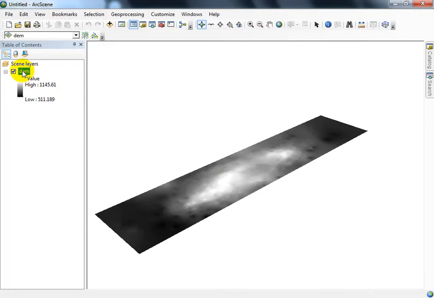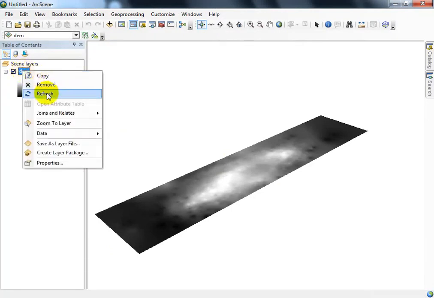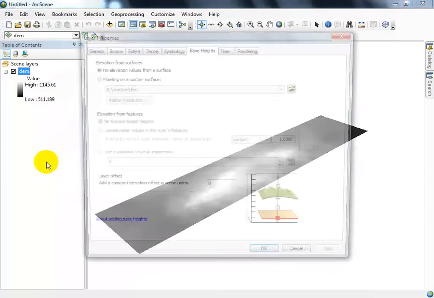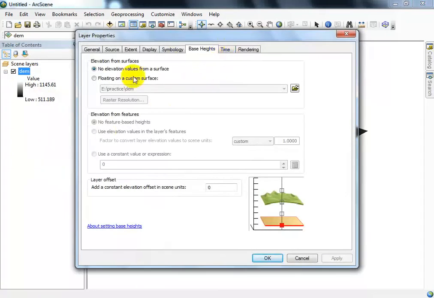Right click on the DEM file, properties, go to base height, select plot on a custom surface. I'm going to change this value to see how it extrudes.